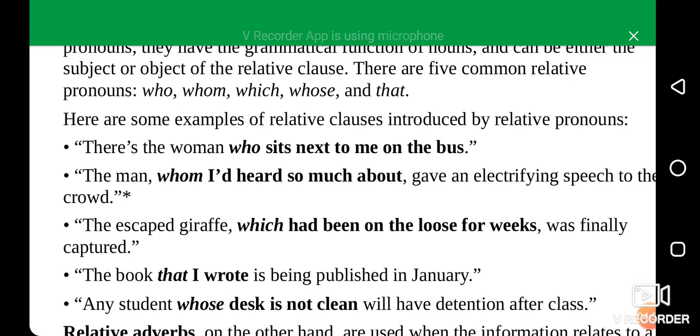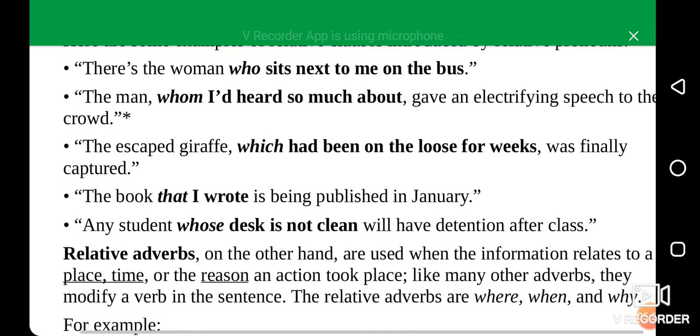Now, giraffe is a noun, and "which had been on the loose for weeks" is extra information about the giraffe. It's a dependent clause, and it is used here in the sentence as a relative or adjective clause because it gives